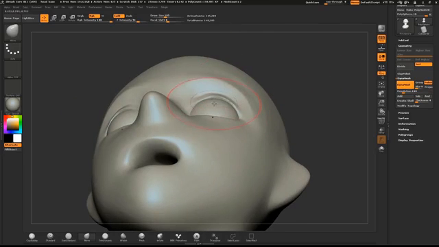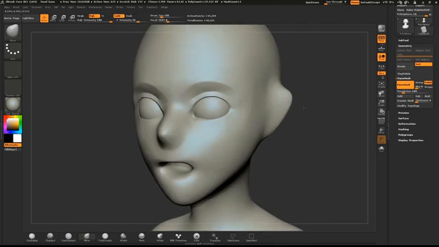That's good enough for now. We'll refine our character